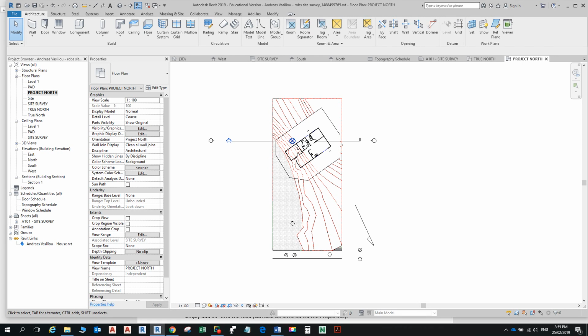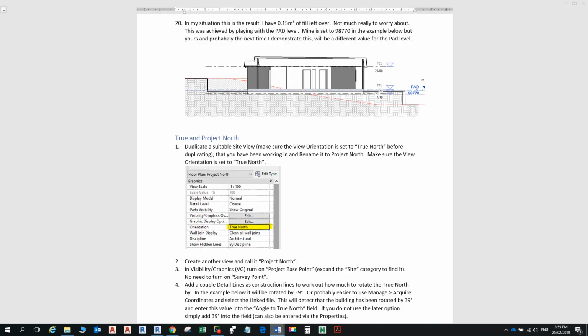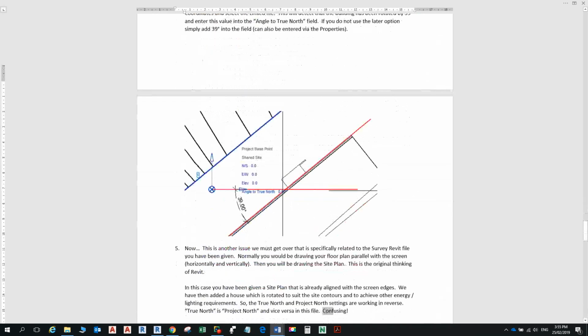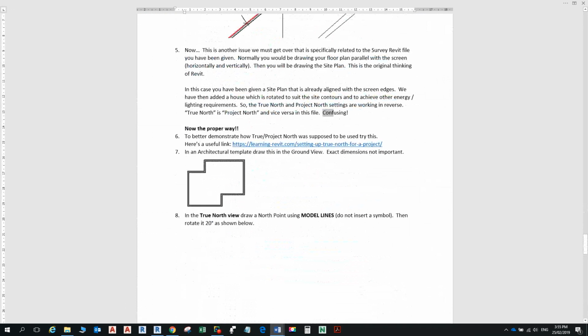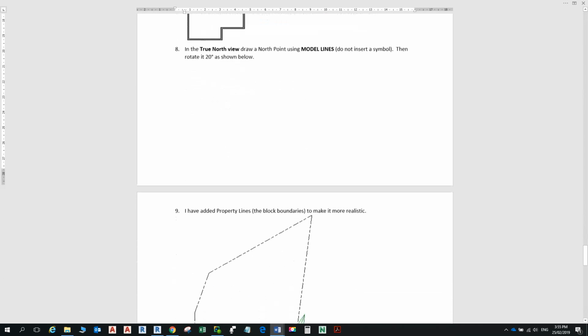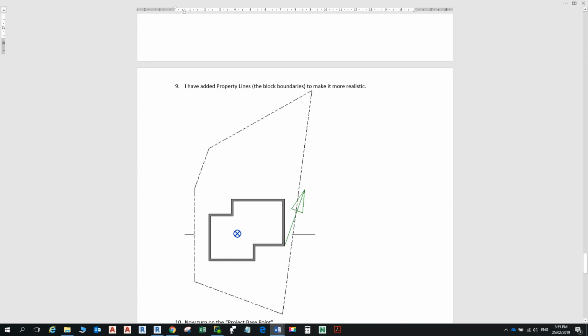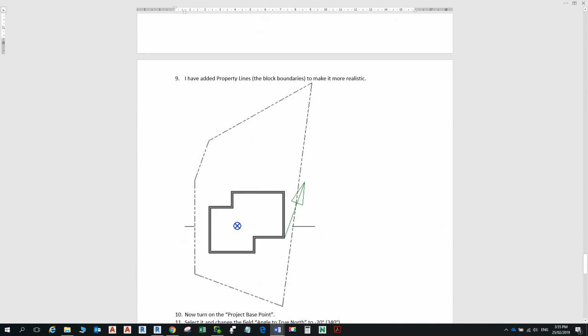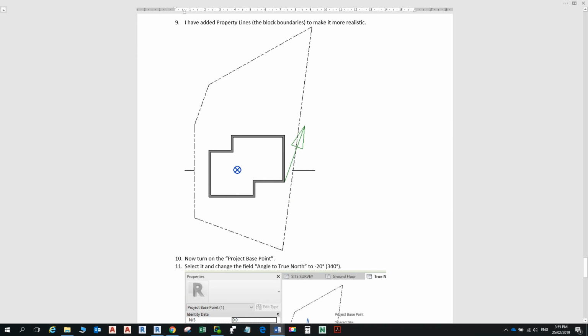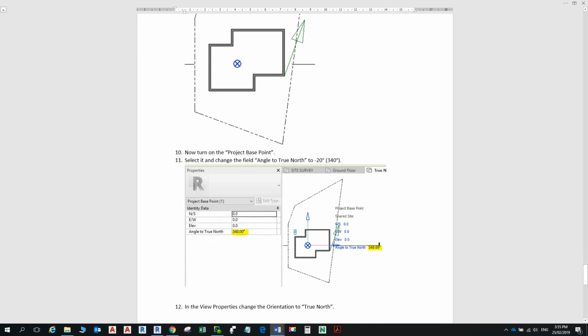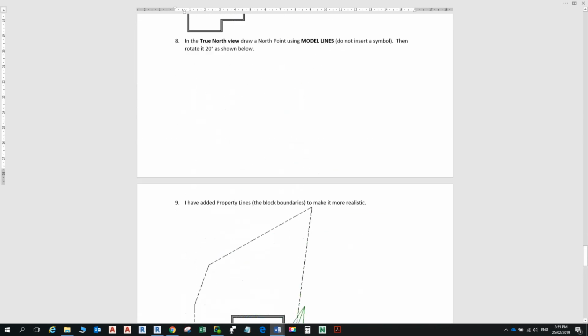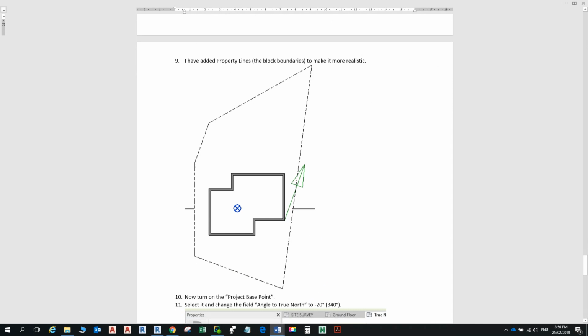Yeah, no, that's fine. But if you want to know how it should be done, I created, here, the proper way, and there's a little link there for you, if you don't want to run through this, that will explain how it should actually be working. And what I did, I have just drawn some simple little walls like that. I put a boundary around it as well, and I just drew this thing here where the north I think should be. Then I went and did exactly what that video said earlier, and it all worked out